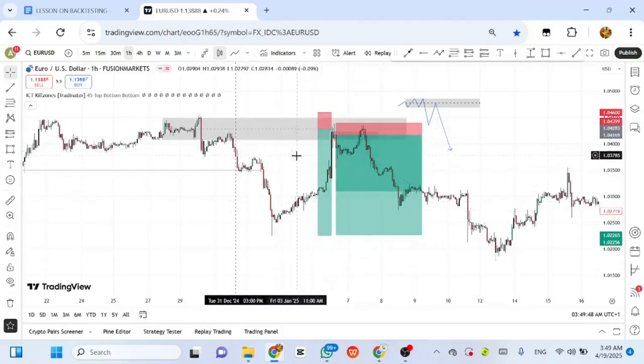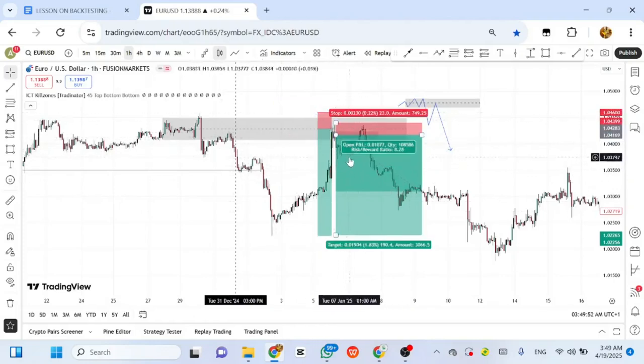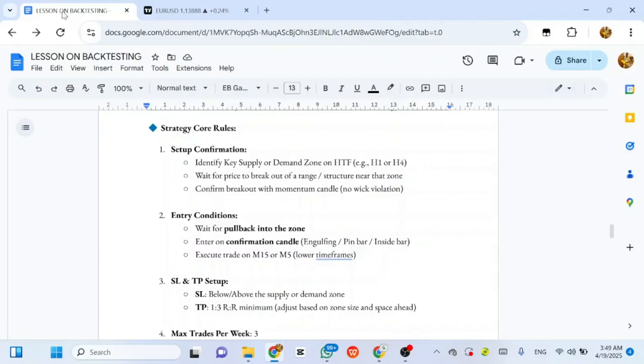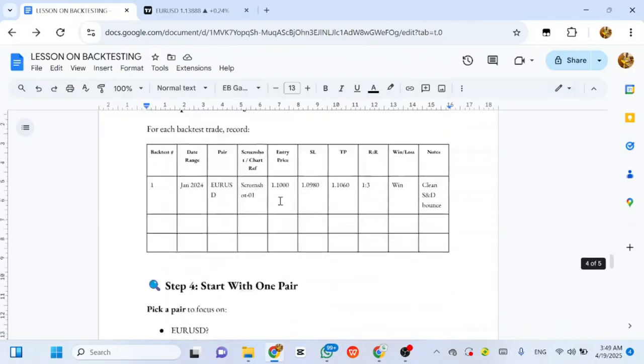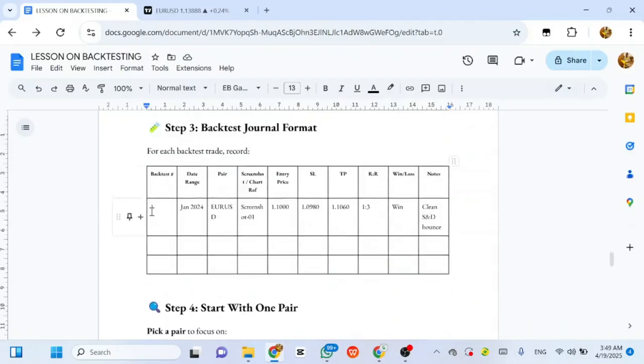The purpose of this is backtesting. We want to just see the effectiveness of the strategy, right? The focus. All right, so now we'll come back to our journal, and then what are we going to put? We'll put, okay, maybe trade one. Then we'll put the date.